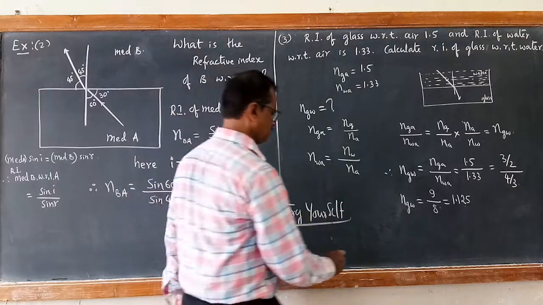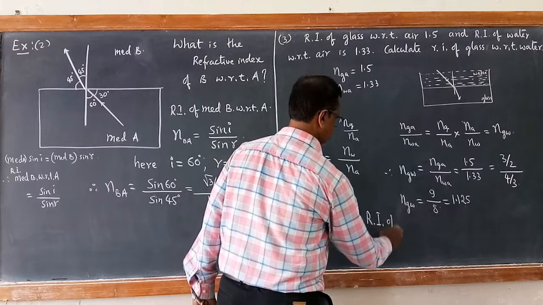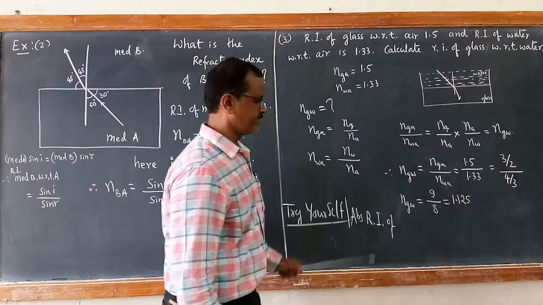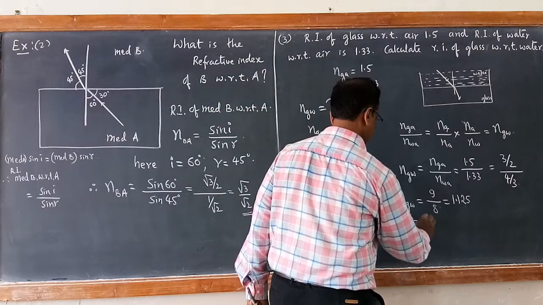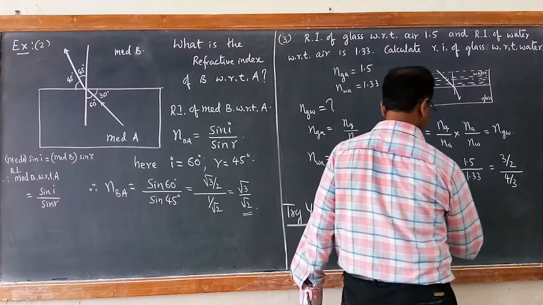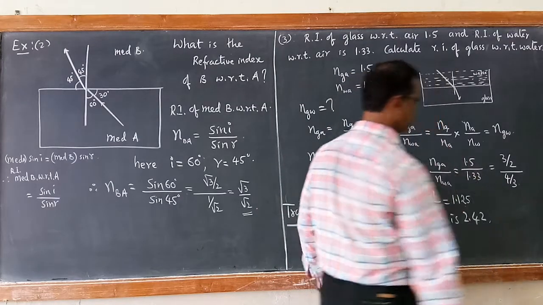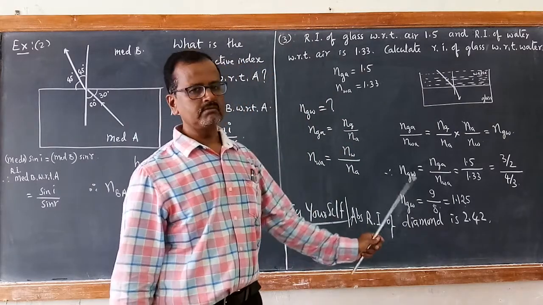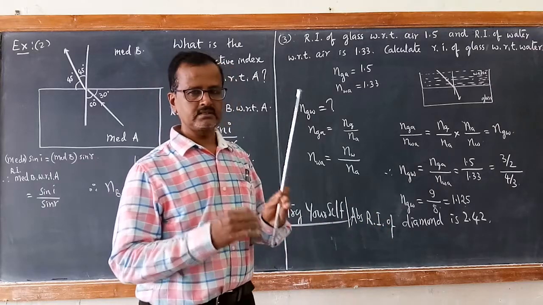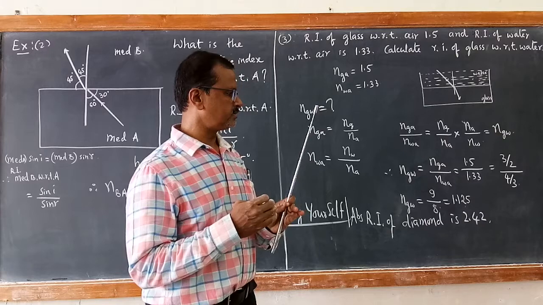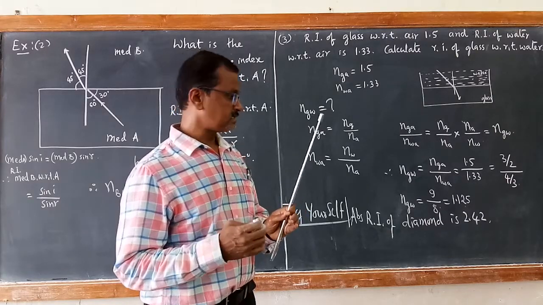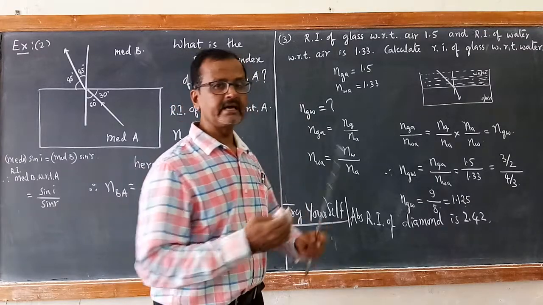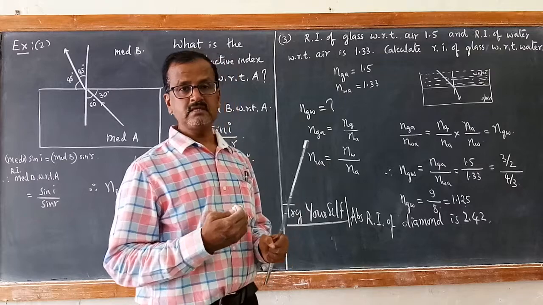Simple problem. You can say this is the absolute refractive index. The absolute refractive index of diamond is 2.42. Maximum. Diamond has the maximum refractive index. So it has a very attractive property, maximum refractive index because of its maximum optical density. As a result, it will have a glittering property, maximum brilliance also. That we are going to learn again in the next important property, called total internal reflection.